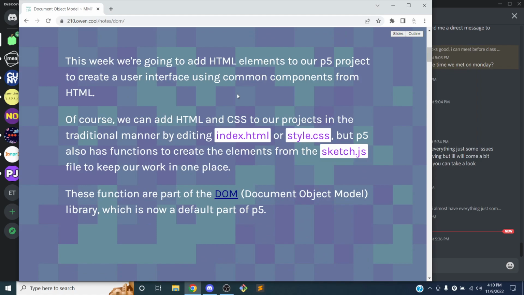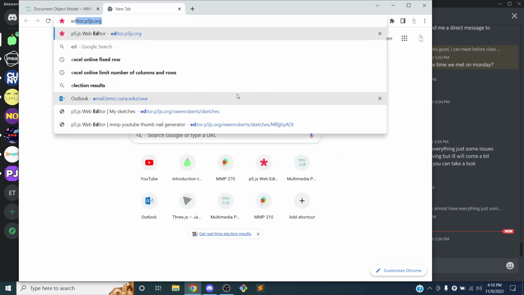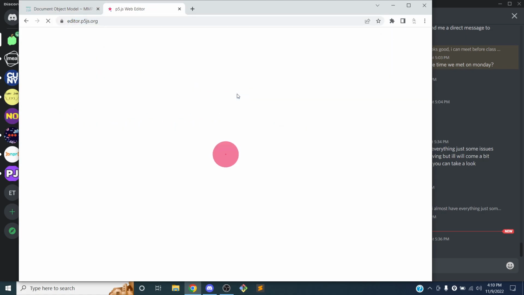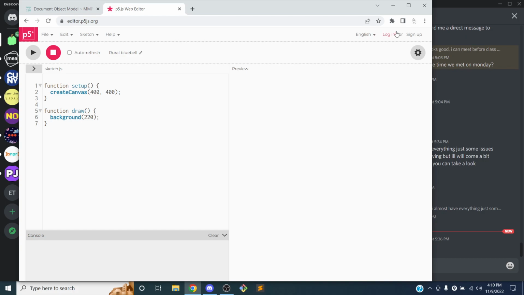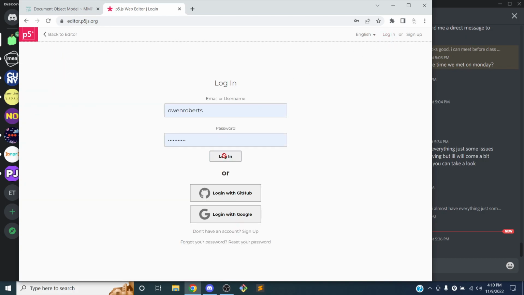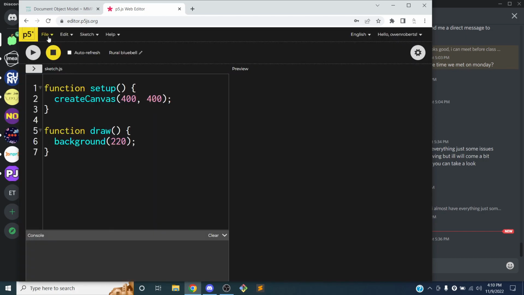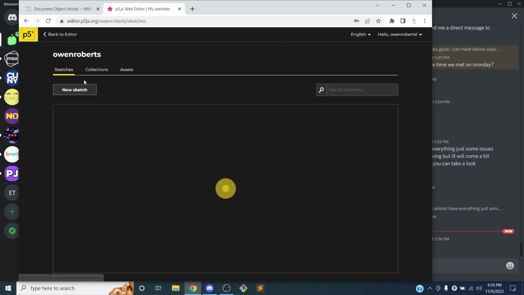We can get into it. Let's open up our P5 project and take a look at the HTML and CSS that we already have. So I'm going to just log into the P5 editor real quick, and I'm going to open up my project from,